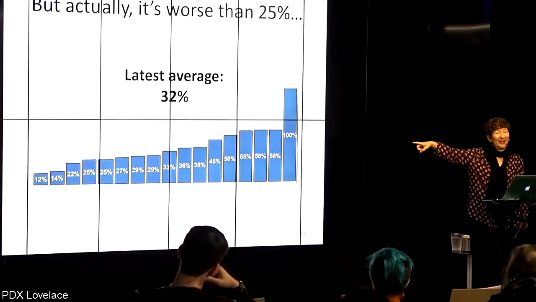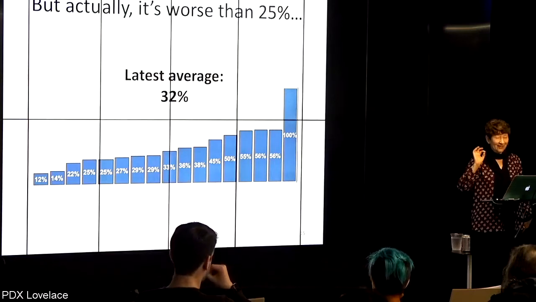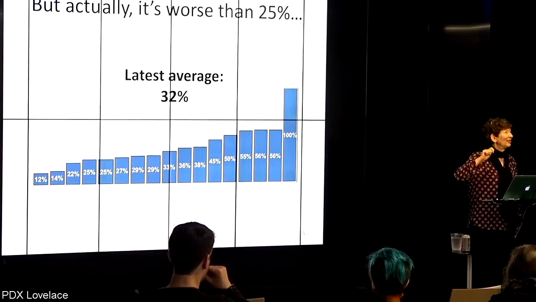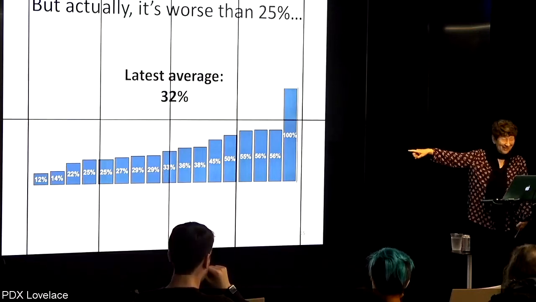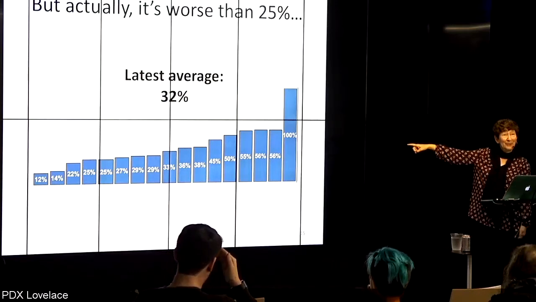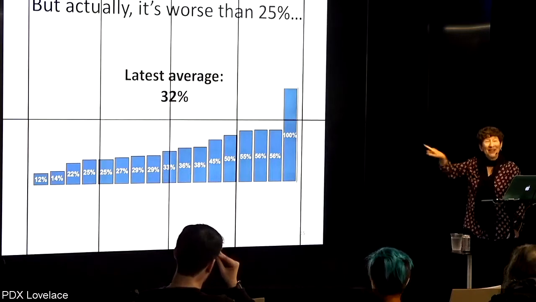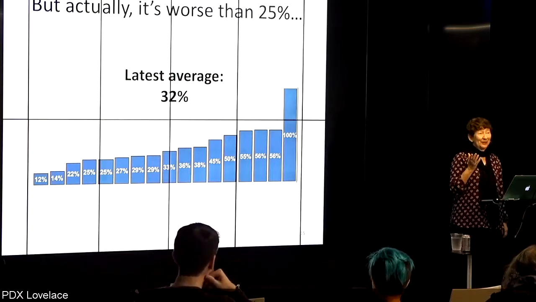What's the smallest number on there? 12%. That's the smallest I've seen. Actually, that's a lie. There is one tiny use case I saw once that had a 0. But 12% is the smallest one. This graph, what's the largest one? 100%. Every single feature they looked at. Every single one. Is that bad news or good news?